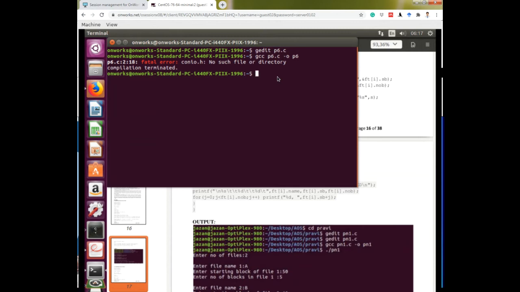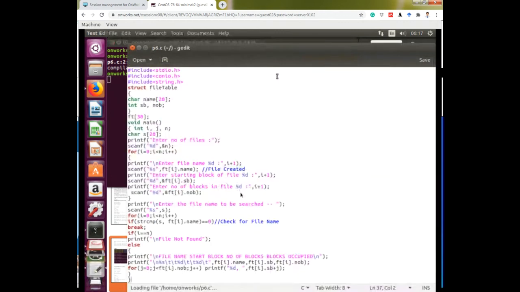Line number 2 has an error. What is conio? conio.h.